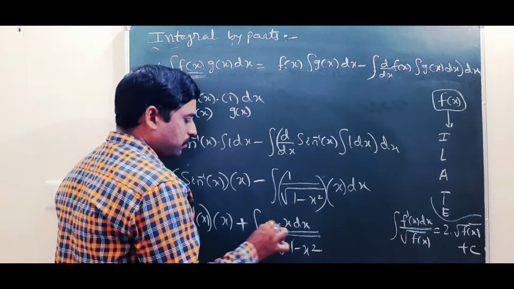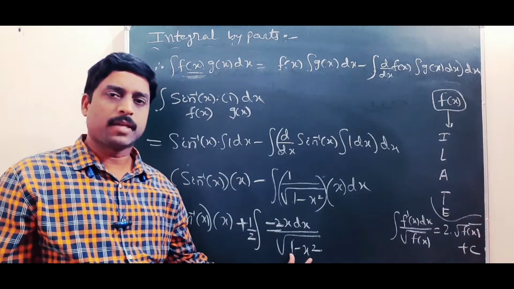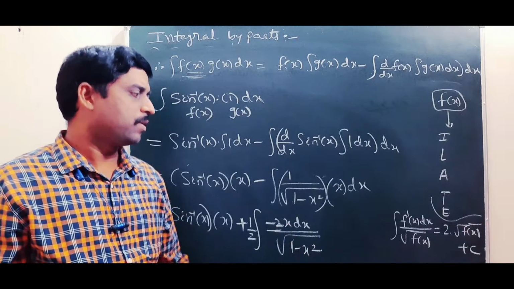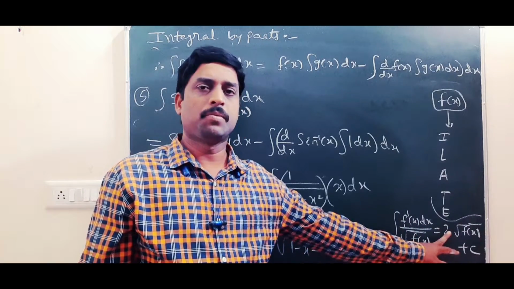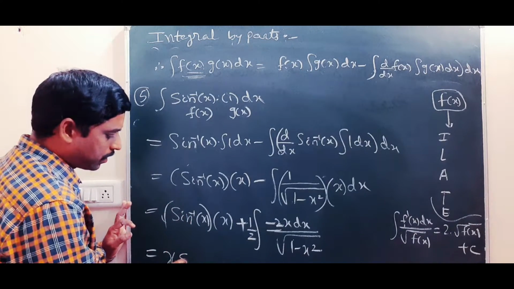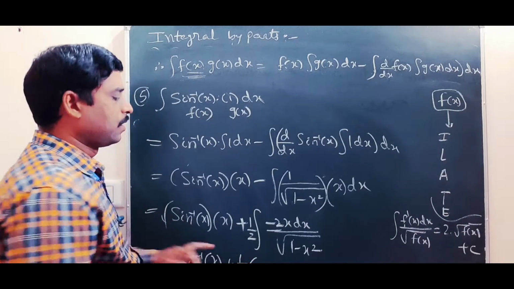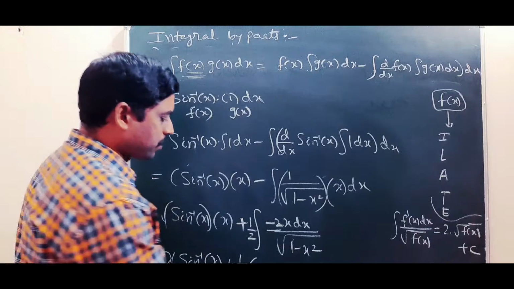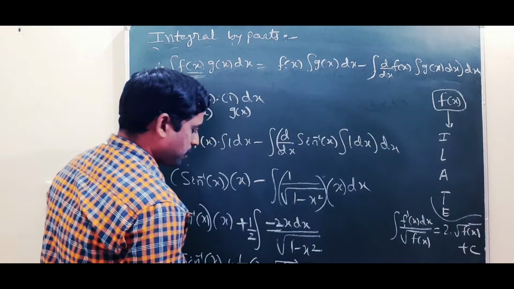Now divide and multiply by 2. So let us take 1 minus x square as f of x, then minus 2x is f dash x. What is the formula? Integral f dash x dx by root under f of x is 2 into root f of x plus c. It will be x sin inverse x plus 1 by 2 times of, so integral f dash x dx by root f of x. What is the formula? 2 times root f of x plus c,